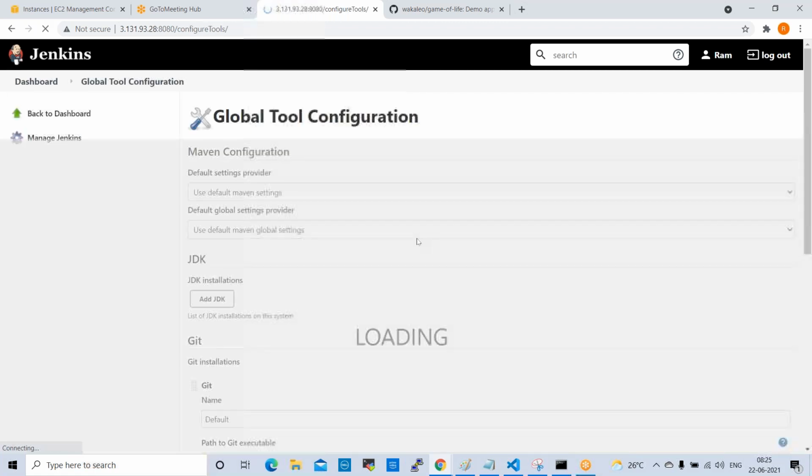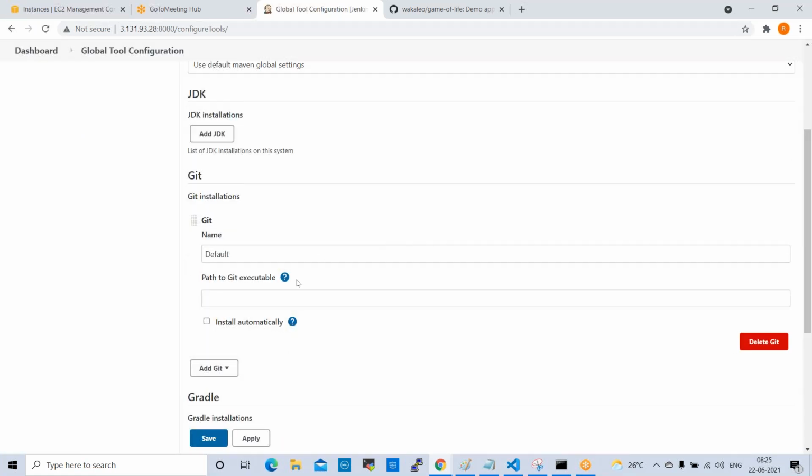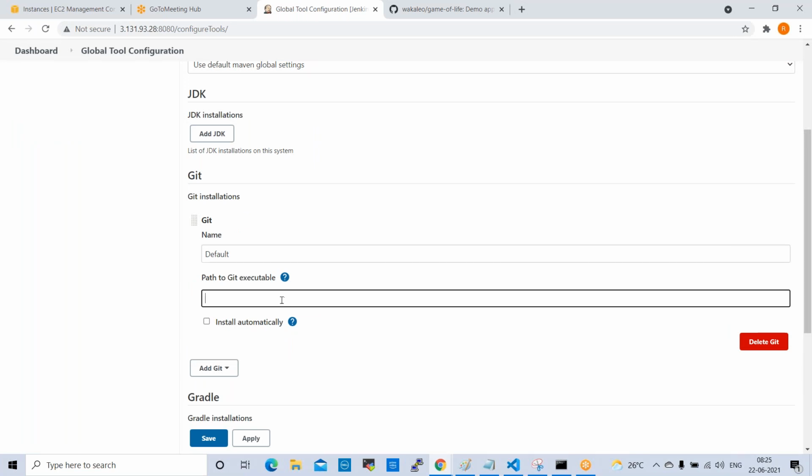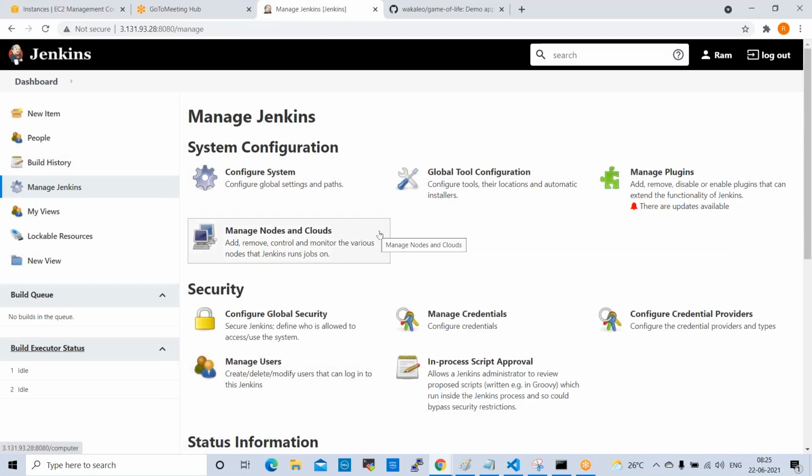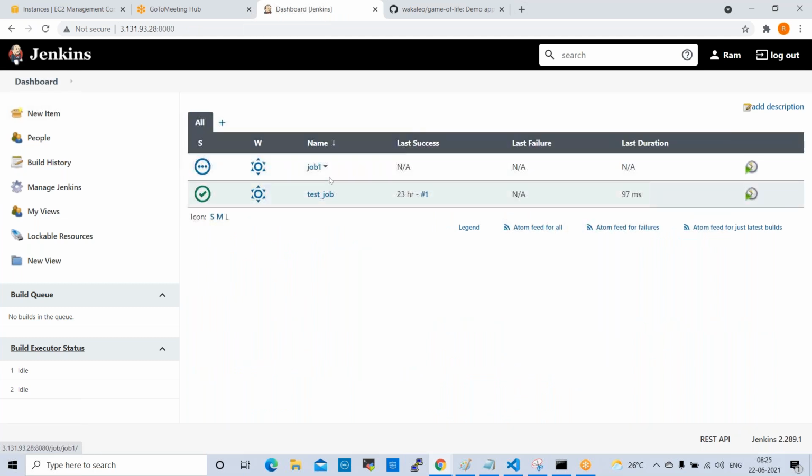In global configuration, the executable path is removed right here, so we can add that. Just git, that's it. The executable path is git only. Apply, save. Now go to job configure.